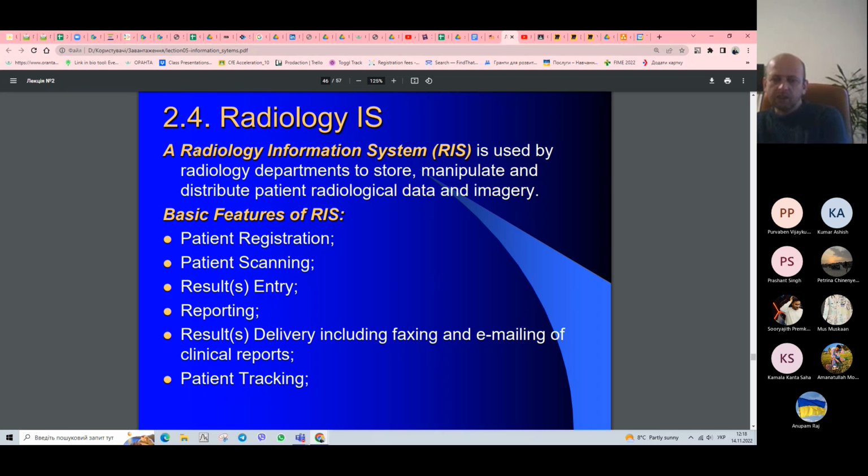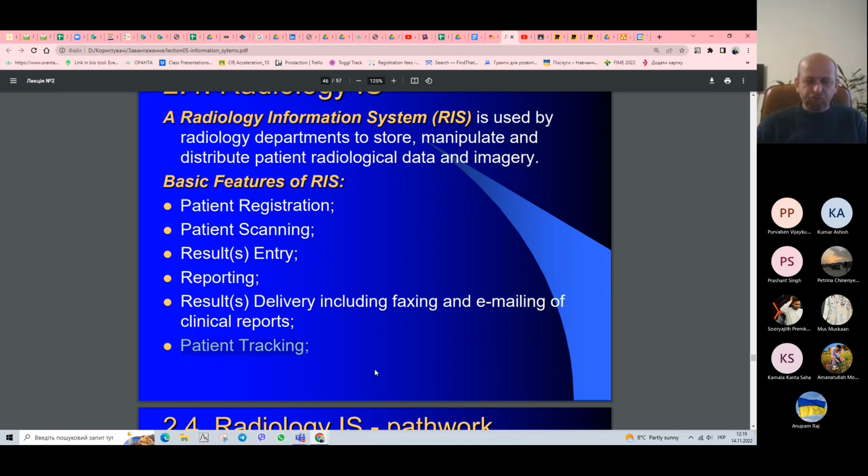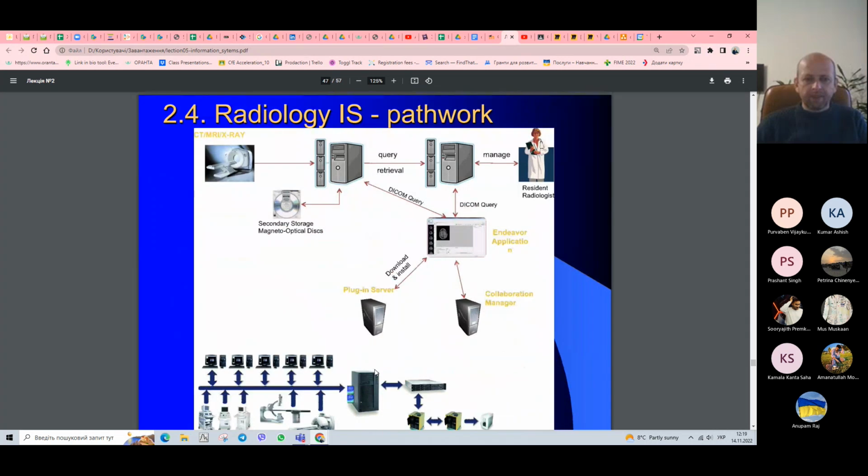A radiology information system is used by the radiology department to store, manipulate, and distribute patient radiology data and imagery. It covers patient registration, patient scanning, result entry, reporting, result delivery including faxing, and patient tracking. A radiology information system includes